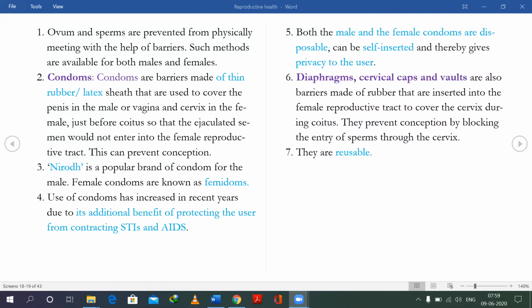So we are into the fourth lesson of reproductive health, right? In the third lesson, what we have seen is the population issues in India. We have given some metrics of the population, and we have tried to define the population very briefly, and then